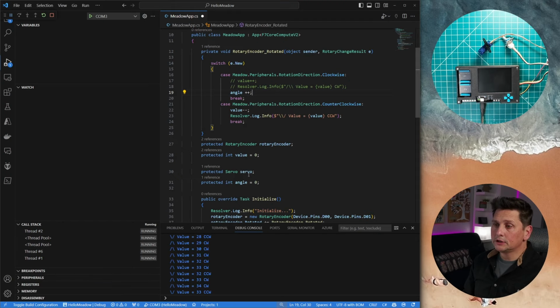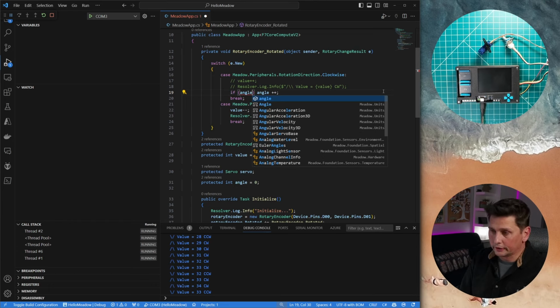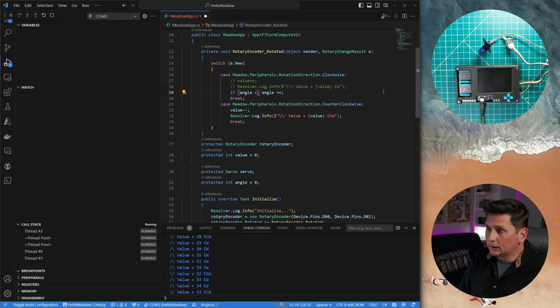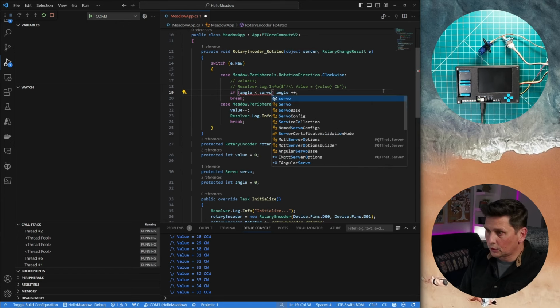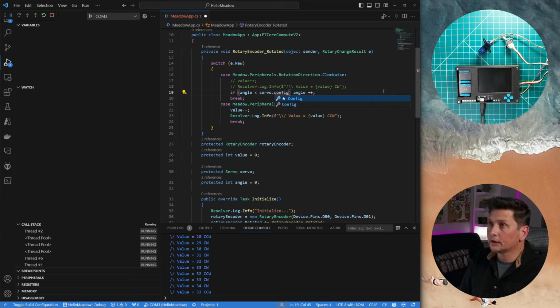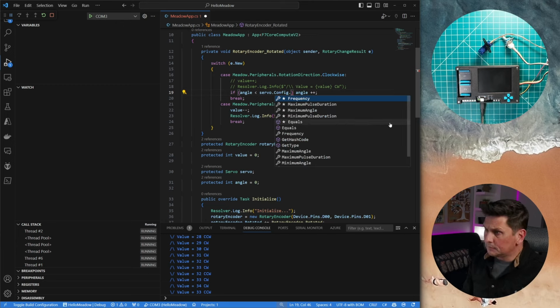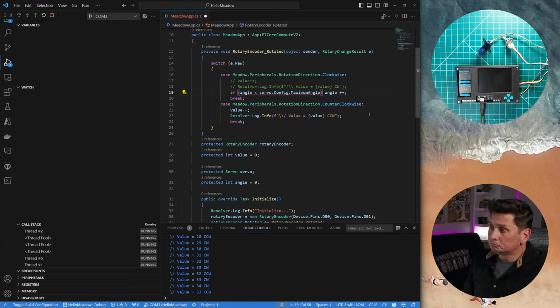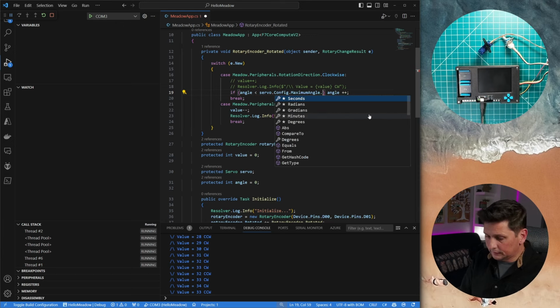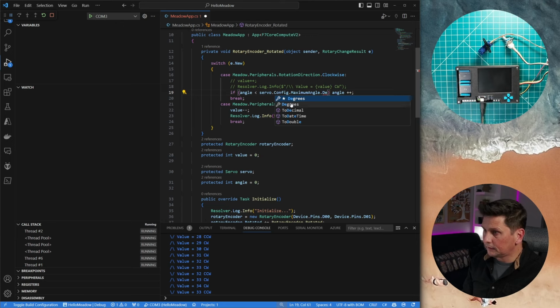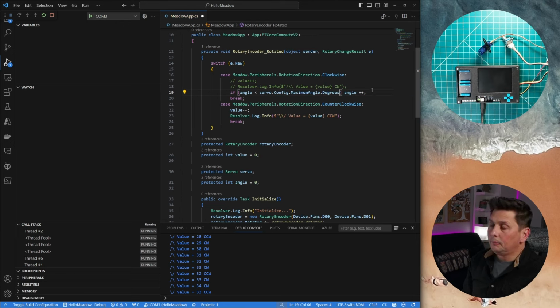So what I need to make sure is that I test this value of the angle to make sure that I don't go overboard here. As long as I'm lower than my servo config, I think it was config.maximum angle, and in degrees, I think that was the syntax here. I'm gonna do angle plus, okay?